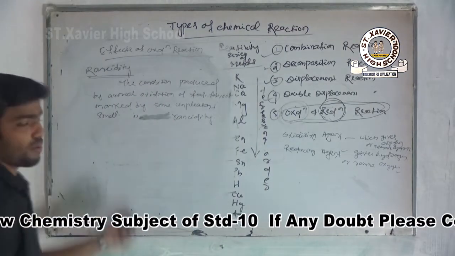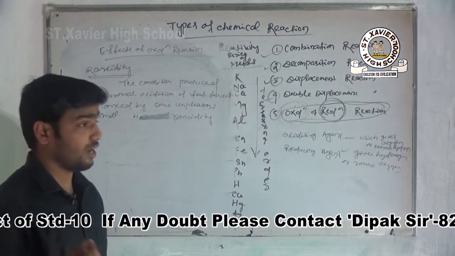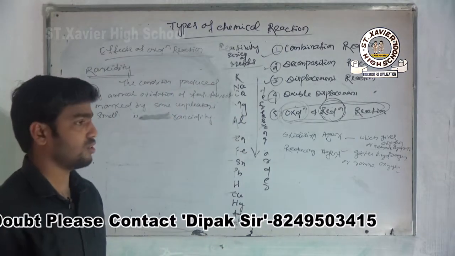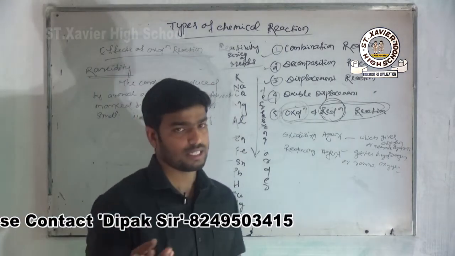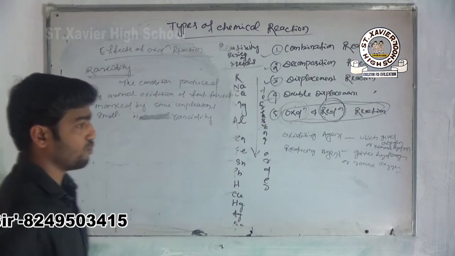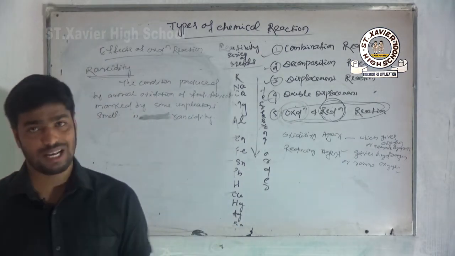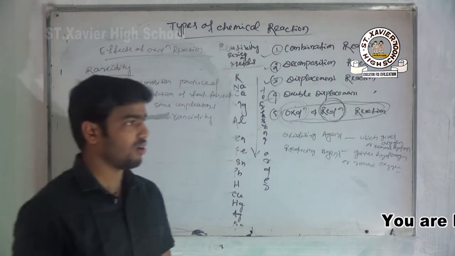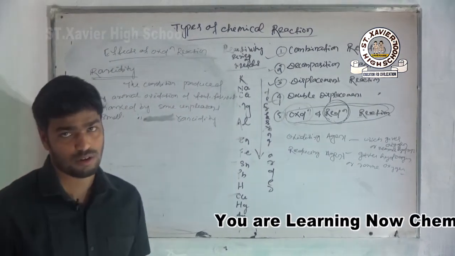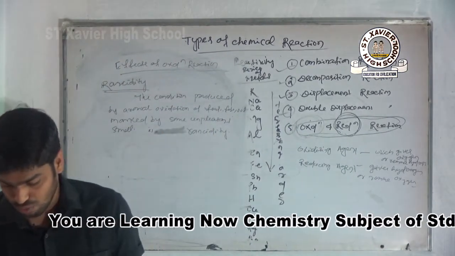So how do we prevent food from rancidity? You may also eat kurkuri and Lay's. There are so many things you may eat, kurkuri, Lay's, potato chips, like that. It may also be affected by rancidity. To prevent that, we put nitrogen gas in the packets to store the food for a long time. Okay, for a long time means for a short period of time, not forever. We put nitrogen gas to prevent rancidity and save our food.